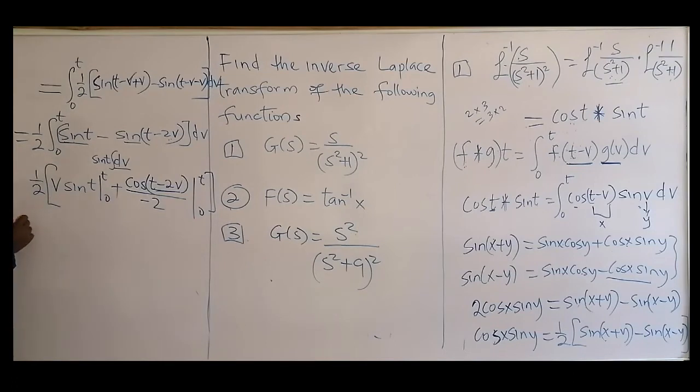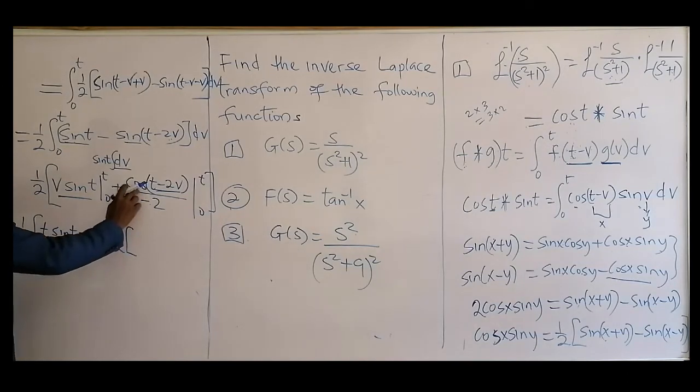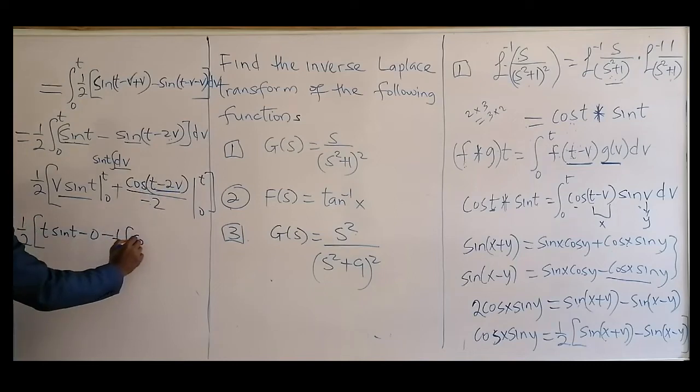So this will give me, let's begin to substitute now. So we're going to have now half into brackets. This will be t sine t. Okay, I'm going to have that. Then minus 0. So finish this one now. I'm done with this. Then this one plus minus, that will be minus what? So we have plus minus, that's half. We can take the half out before we do the substitution. The half is already outside. And this one, I'm now having cos, that will be cos t